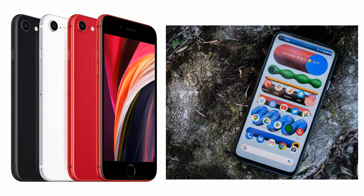In this episode of High Tech, we're talking about the top 5 best small smartphones of 2020. I made this list based on my personal opinion and I try to list them based on their price, quality,